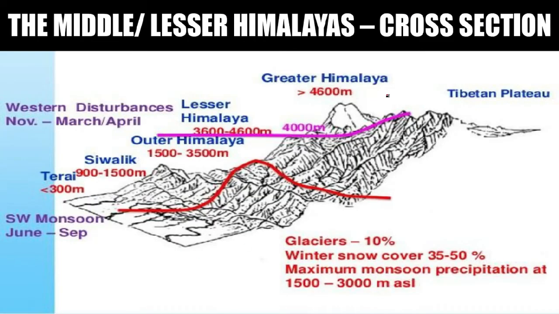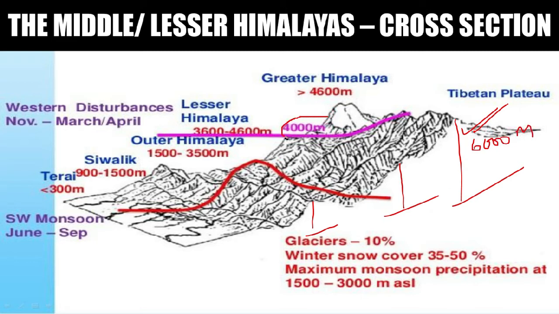Okay, so this is an image in which we have tried to create all the sections of the Himalayas and try to learn all the characteristics as well. For example, how much do we get to learn from here? Let us draw these lines first of all, and we'll try to determine the height of all these ranges. So here we find the Greater Himalayas. First of all, we have already seen that the average height of the peaks will be 6000 meters. When we come down here, we have seen that the average height will be 4000 meters so far as the Middle Himalayas or the Lesser Himalayas are concerned.